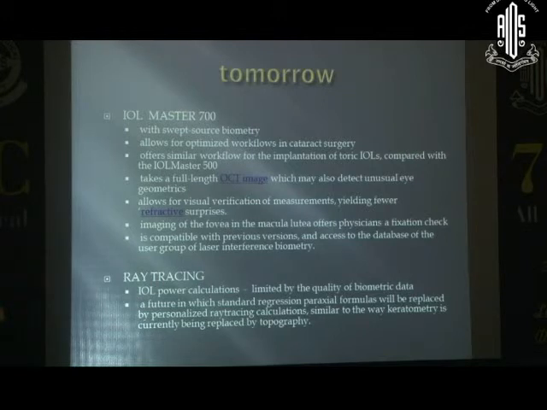There are 2 new things which are coming up. Carl Zeiss has come with swept source biometry, which is incorporated in the IOL Master 700. And now, probably in a few years, you will have ray tracing technology, which is going to be the future, in which the standard regression paraxial formulas, which we presently use, are going to be replaced by personal ray tracing calculation. Each and every measurement will be calculated and personalized depending upon the eye. The diopter of the IOL will then be added to the software, and the software will decide which diopter is best for that eye. So it might be that your normal calculation might be giving a particular IOL, but the customized one might be giving you a better option.